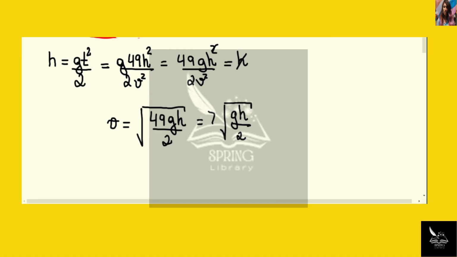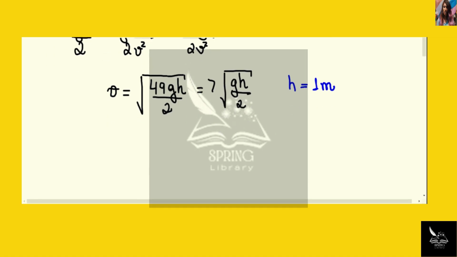Now let's take h to be about 1 meter. So suppose that the person is holding the ball 1 meter above the ground. That's a realistic approximation. So the speed v must be 7 times the square root of 9.8 meters per second squared times h, which is 1 meter, divided by 2. And this is equal to